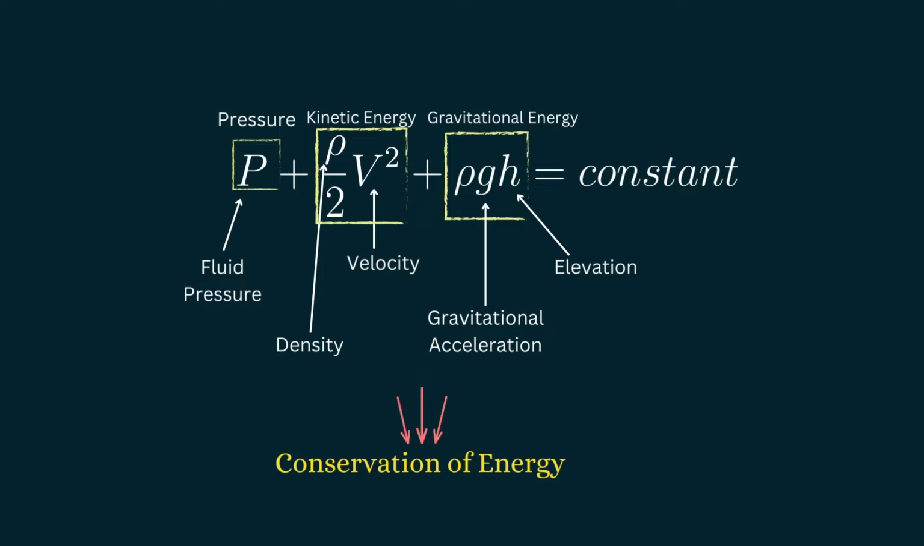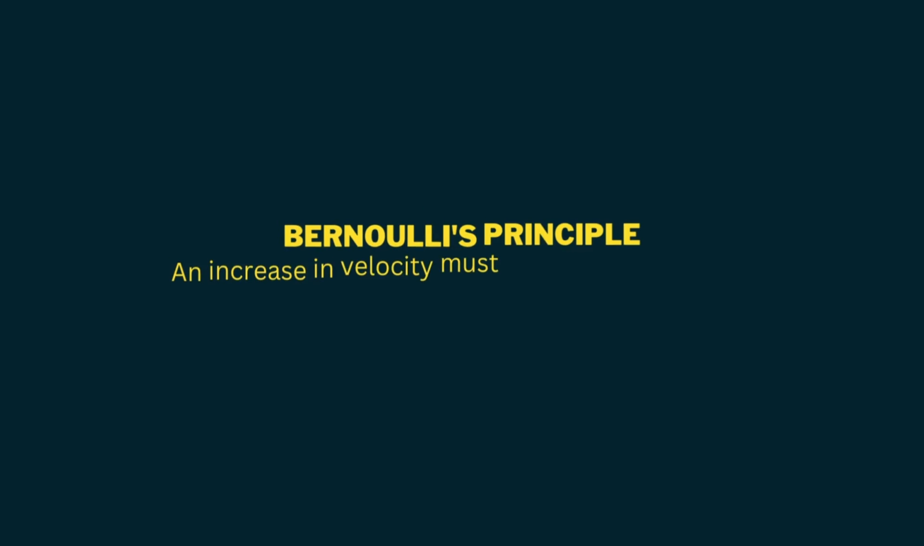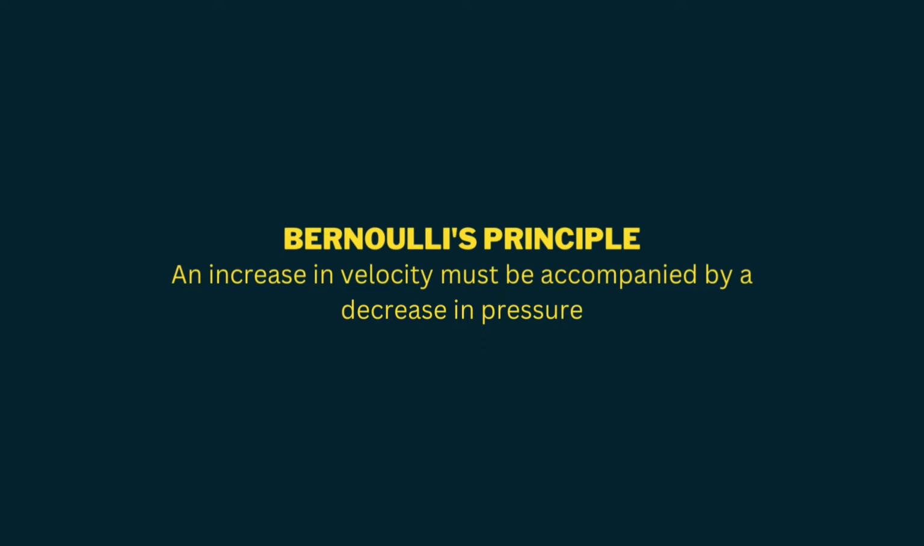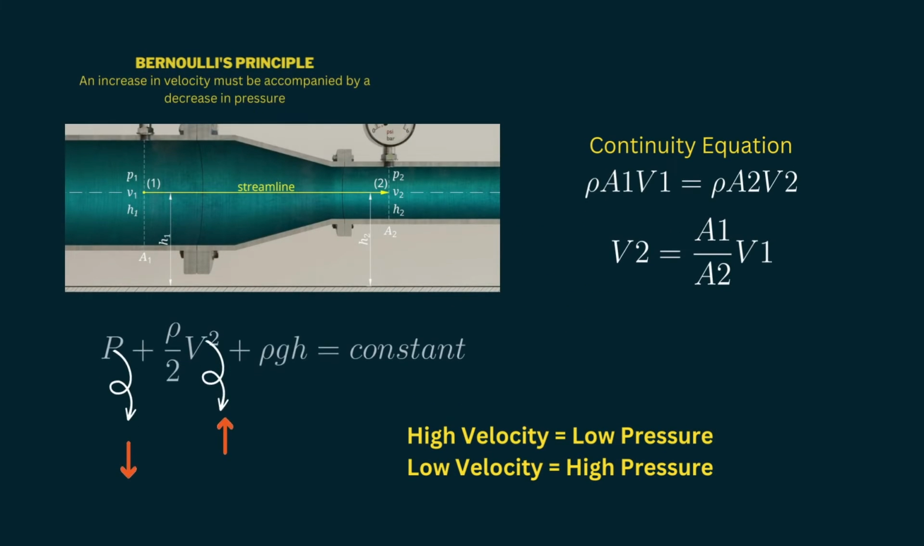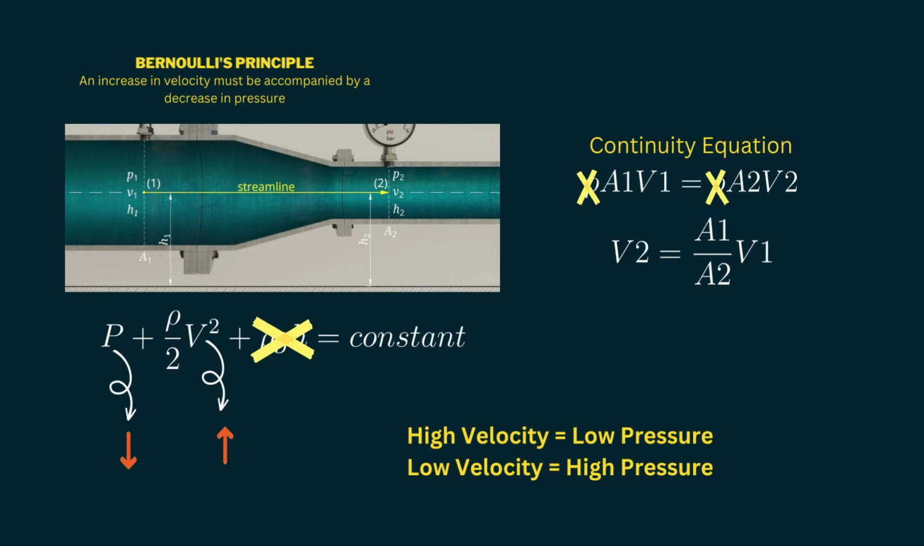It says that along a streamline, the sum of the pressure, kinetic energy, and gravitational energy remains constant. This conservation of energy gives rise to Bernoulli's principle that states that an increase in velocity must be accompanied by a decrease in pressure. To explain Bernoulli's principle, we will take 2 points in a pipe as shown in the